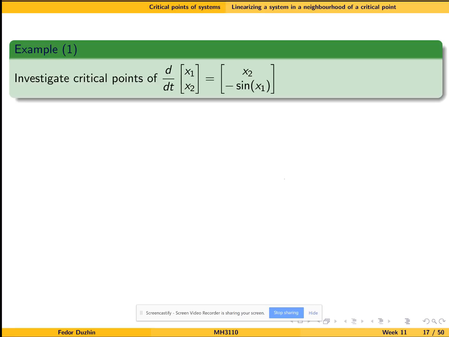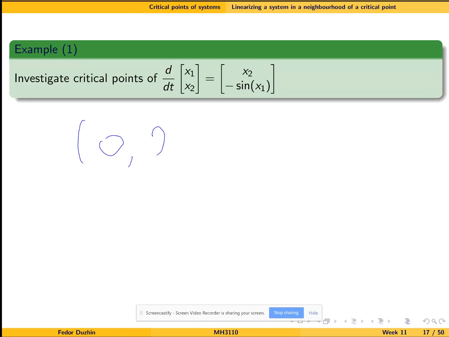Let us now go through a few specific examples of how we can analyze the type of a critical point. Right. So my first example is about critical points of the system of differential equations. Notice that we already saw this example in the last lecture, and the critical points are of the type